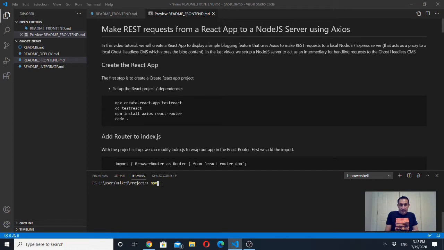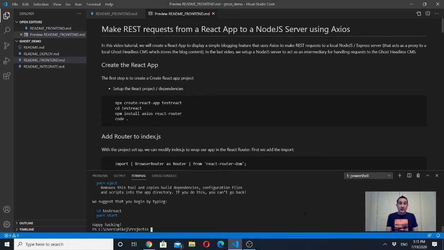The first step is we want to create the React app, and we're going to use the create React app template. We're going to create a project called Test React, but you can name it whatever you want. This will take a few moments to run, so I'm going to stop the video and we'll come back in a moment. Okay, that is installed successfully, and now we can change directories into the Test